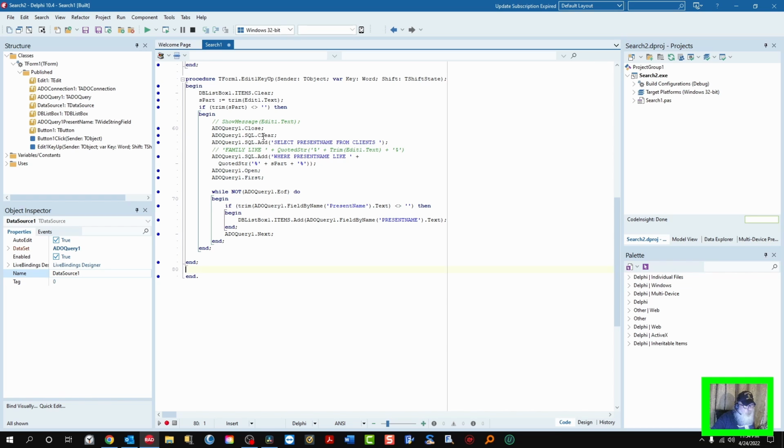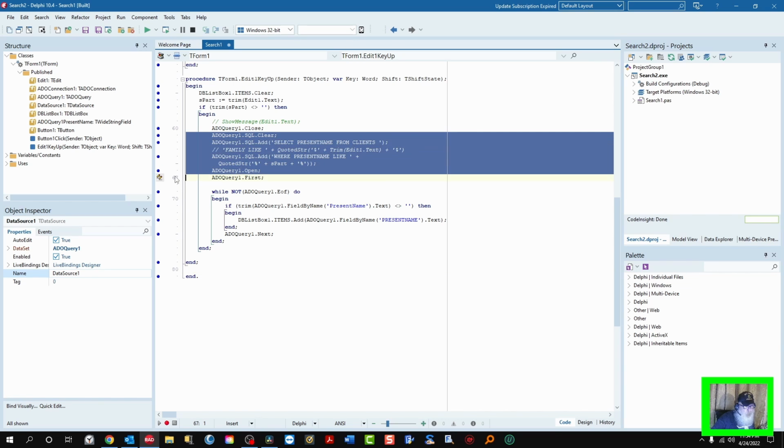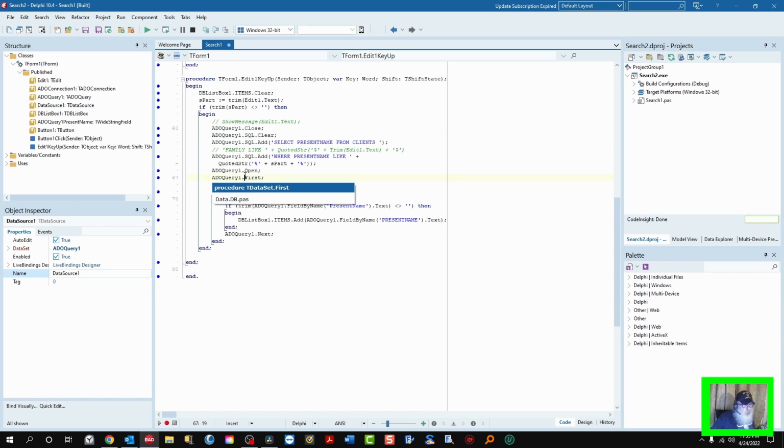So we close the query 1, clear the SQL, add the SQL as you see here, and it gets a little tricky. It's pretty basic here. Select present name from clients where present name like, and that's the important operator for the SQL, is like, and then you have to have this quoted string concatenated with percent signs around the S part. And then you open the query and you go to the first record in the query. If it's not the end of file,